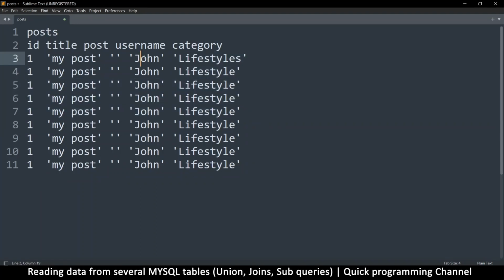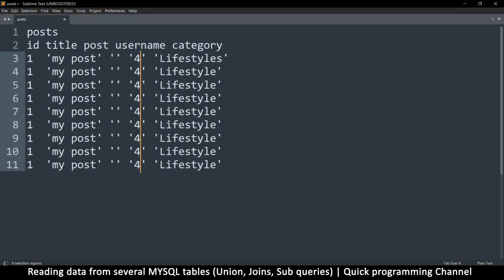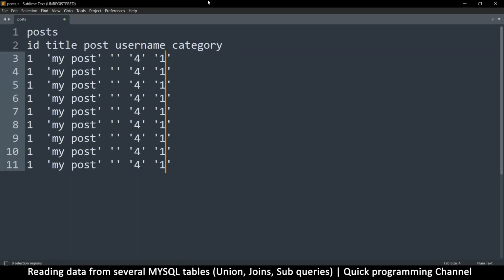Now, in our case, what we do instead is put an ID here. Let's say an ID for the user, and then for the category here, let's say we have an ID of 1 for a category and a user of 4. This is very good because